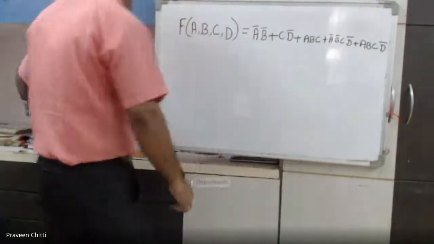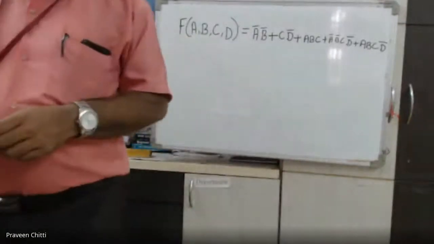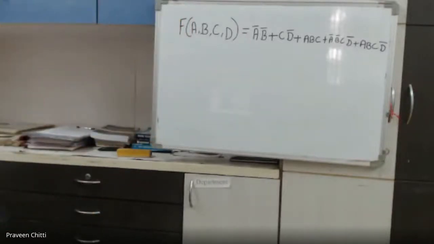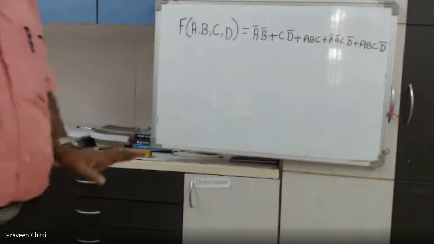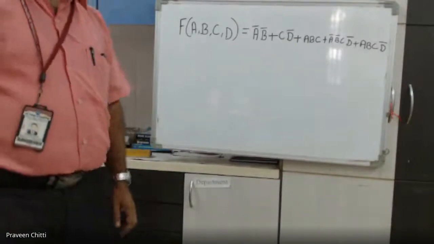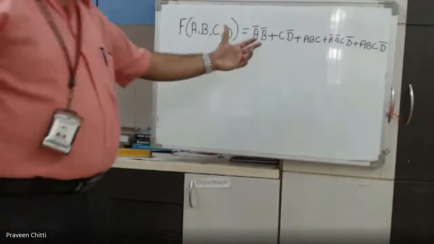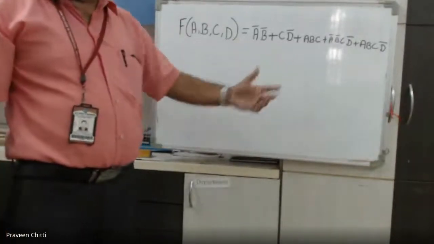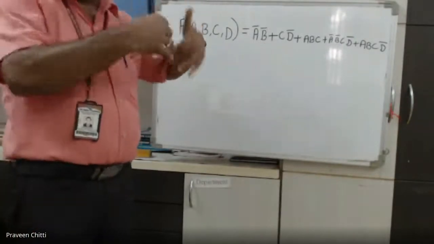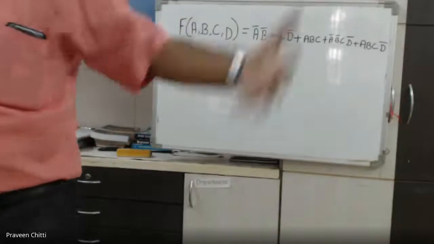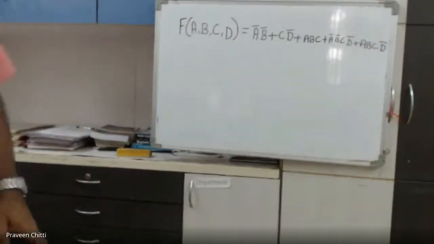Right? This is one of the important examples. It is similar to the previous example, but here they have put one more condition. They want us to simplify it using a K-map only, but the condition is: do not expand this into min-terms. That means the missing variables in each term, you should not bring those in. Without expanding, you have to simplify it.